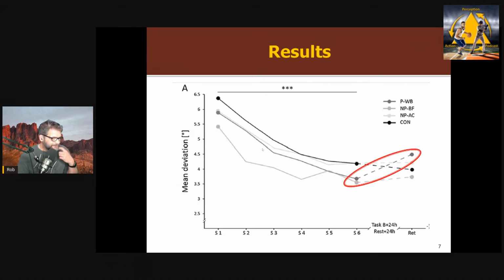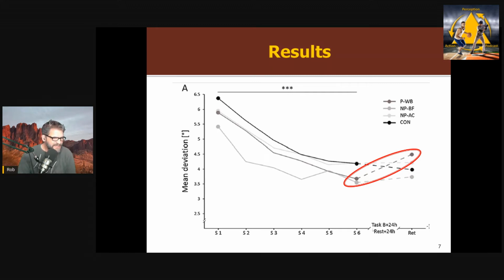So what did they find? So here's their deviation measure. So this is the performance for task A. Remember, they measured it, but we don't really care how well you did on B, right? We want to know, did the training of B affect A, right? So here's the 4 groups: the wobble board, the 2 tasks where you're using your legs for force production and accuracy, and then the control group. And you could see during this, there were 6 training sessions. They're roughly the same, right, in terms of deviation. There's some differences here. Again, error bars would be nice to be able to see the effects here.